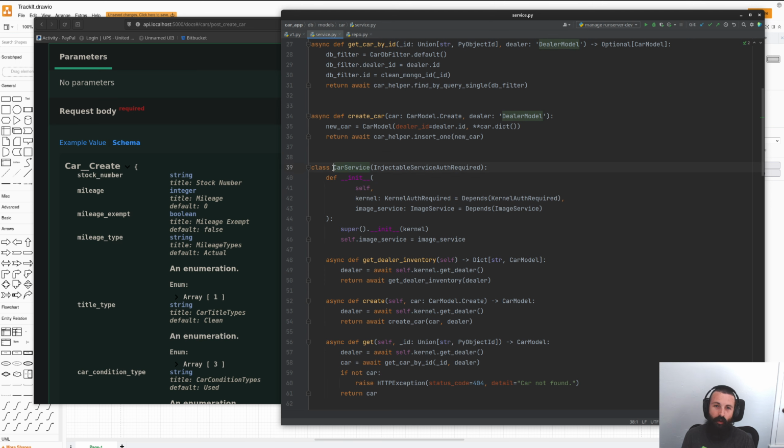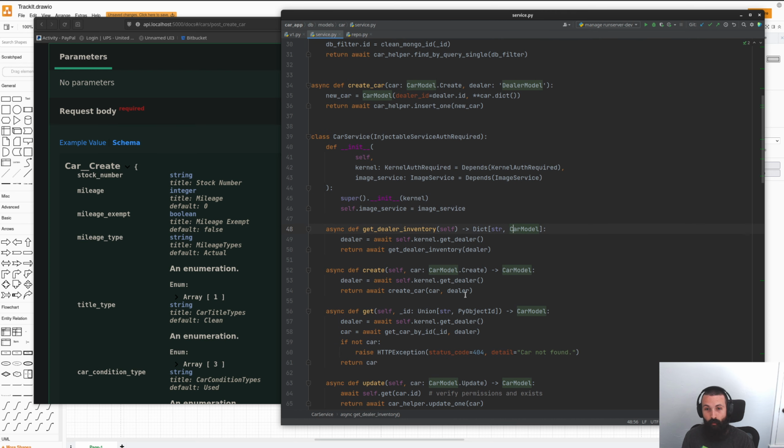So there's some nice and neat stuff in here that happens whenever this happens. Dependency injection is all the way down, so you can nest. You can recursively essentially inject things. So if you have a dependency, you can inject dependencies. So in this case, just the class constructor, I have a depends for the kernel with authentication required, and then an image service. So I have another service here, the image service, and then you can do whatever you need to do here for your initialization of your service,